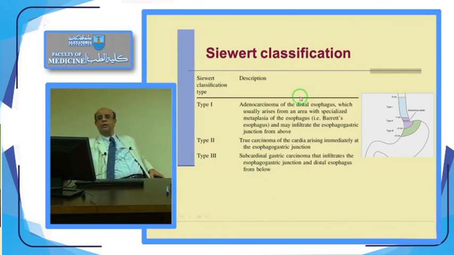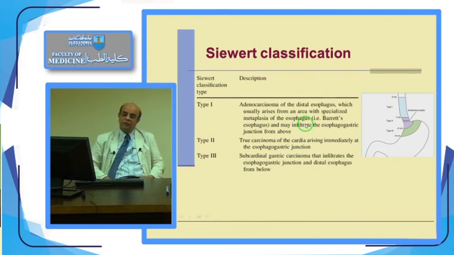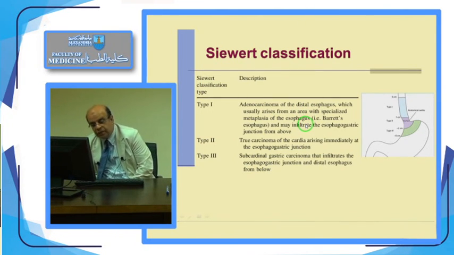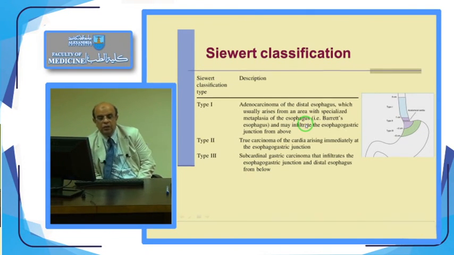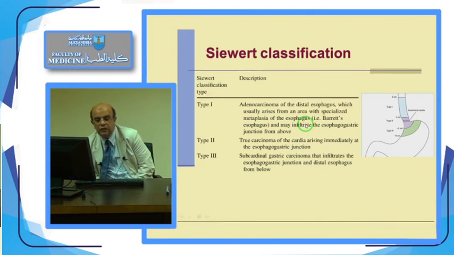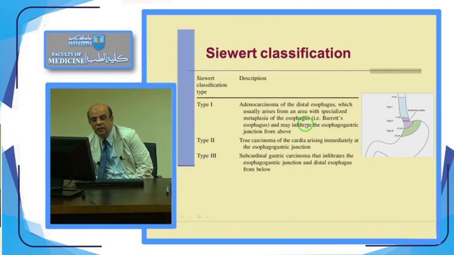For the gastroesophageal malignancy around this area, many types of surgery can be done, but one of them is resection, total gastrectomy with esophago-jejunal anastomosis, or when the lesion is in the cardia or the lower esophagus, we can do what we call